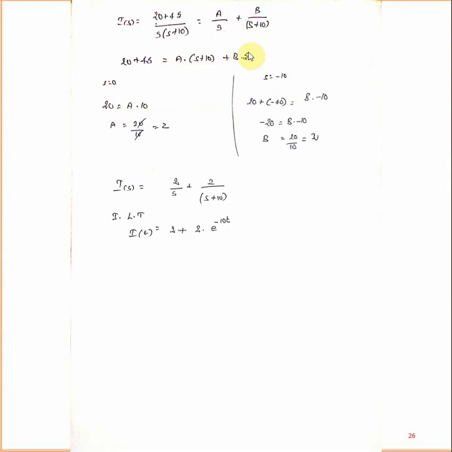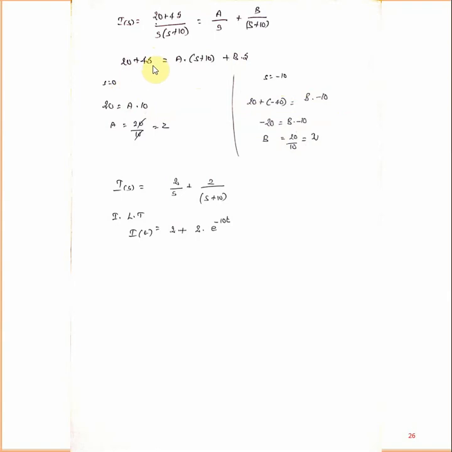So this is the A term. Automatically only this term is remaining. So s is equal to minus 10. Minus 10 into plus 10 automatically 0. 0 into anything is 0, so leave it. Then minus 10 into 5 minus 10 into B, it is equal to 20 plus 4 into minus 10. Then minus 10 plus 20, so minus 20, it is equal to B into minus 10. Then B is equal to this answer, the B value.